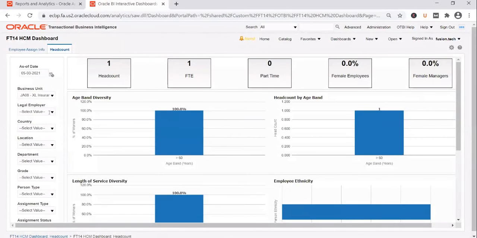This seeded dashboard prompt is still used by two pages at the moment in the instance, the Line Manager dashboard and the FP14 HCM dashboard. So yes, the content is copied over to the custom dashboard page, but they are still referring to the seeded report units or dashboard unit given by Oracle.